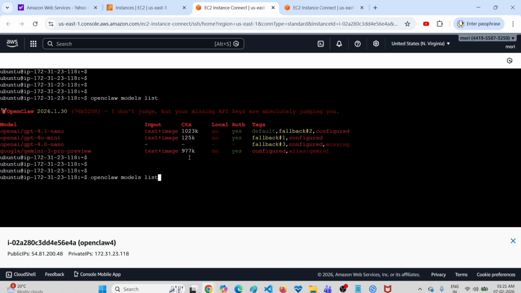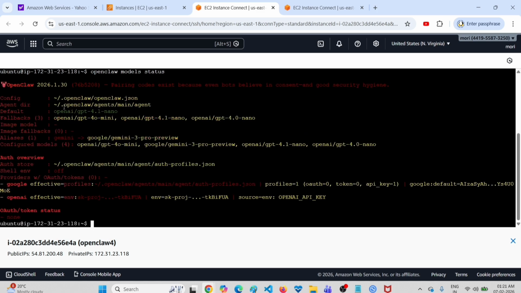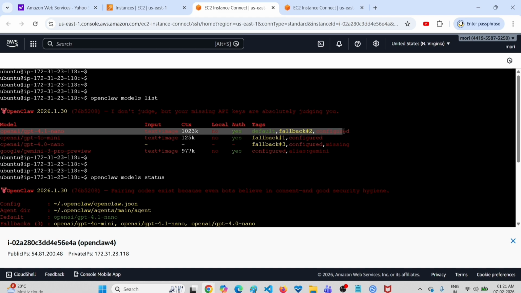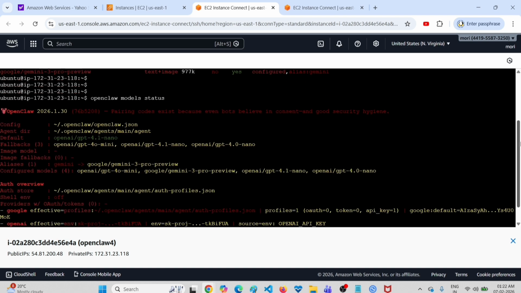We can also run this command: openclaw models status, and here you can see this is the default primary model. Here you can see the tag default, that means this is the default primary model, and all other models you can see have the tag fallback. These are fallback models. See the output of openclaw models status,